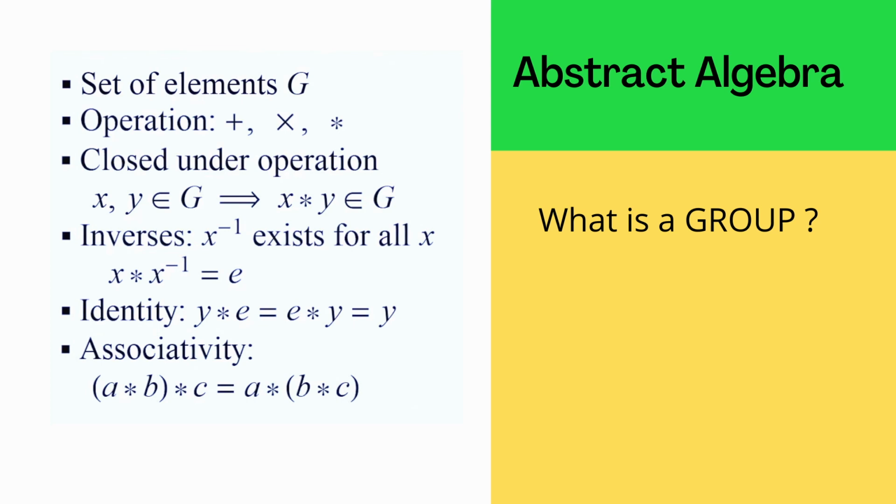A group consists of a set of elements G. We have defined an operation, either an addition or a multiplication. The group is closed under this operation. The group has an inverse element. The group has an identity element. And there is the rule of associativity within the group. This is the definition from abstract algebra. What is a group? Now, if we use this definition, we will see